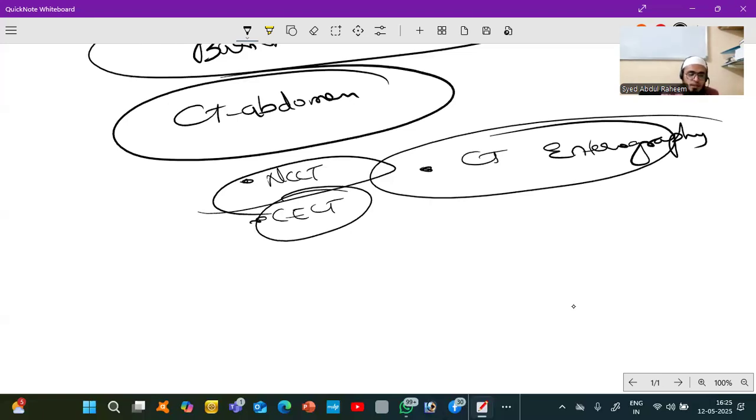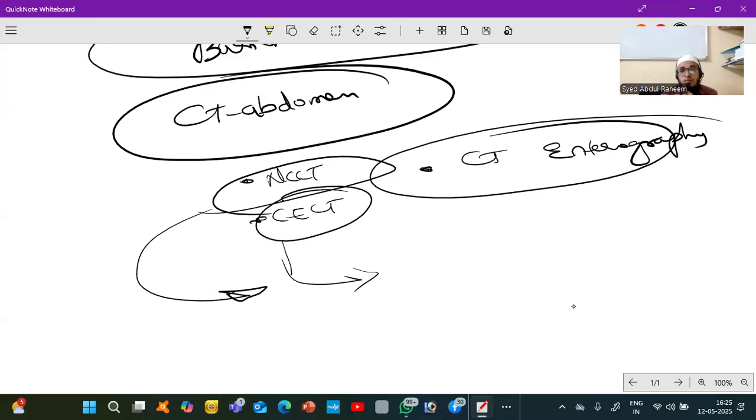If you want to see pneumoperitoneum, any type of infection, or any type of cyst, you have to go with the NCCT, non-contrast computed tomography, without contrast. If you want to see the inflammation,